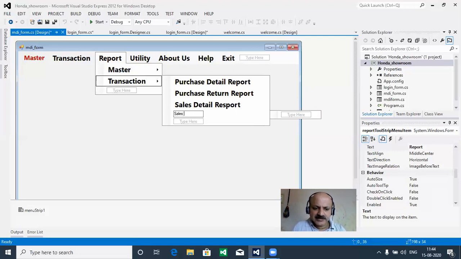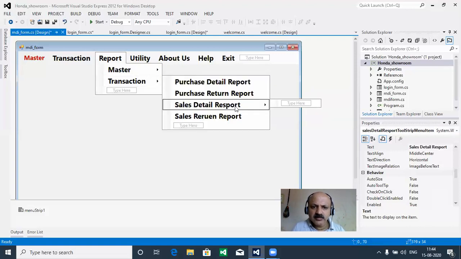And sales, you can say return, yes, and the report, yes, here some spelling of report.